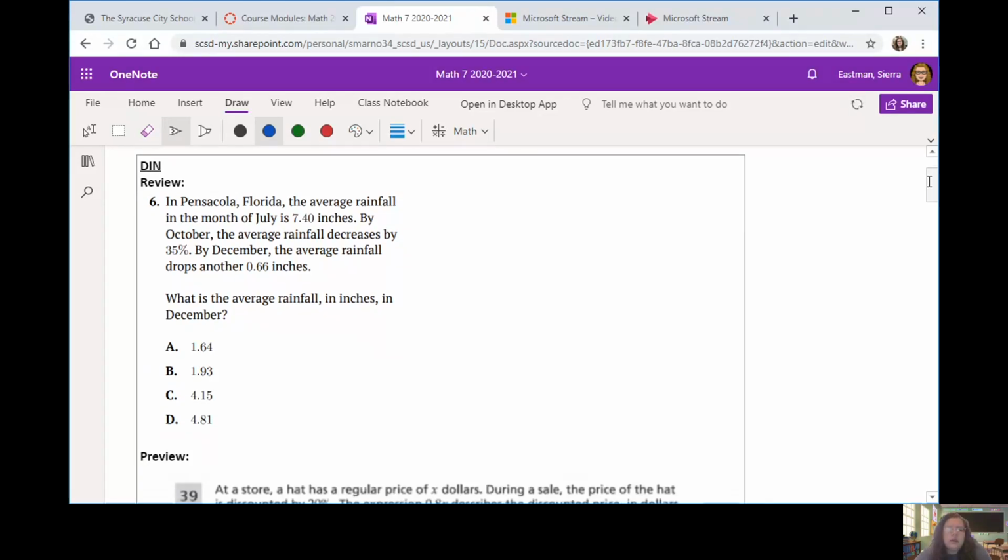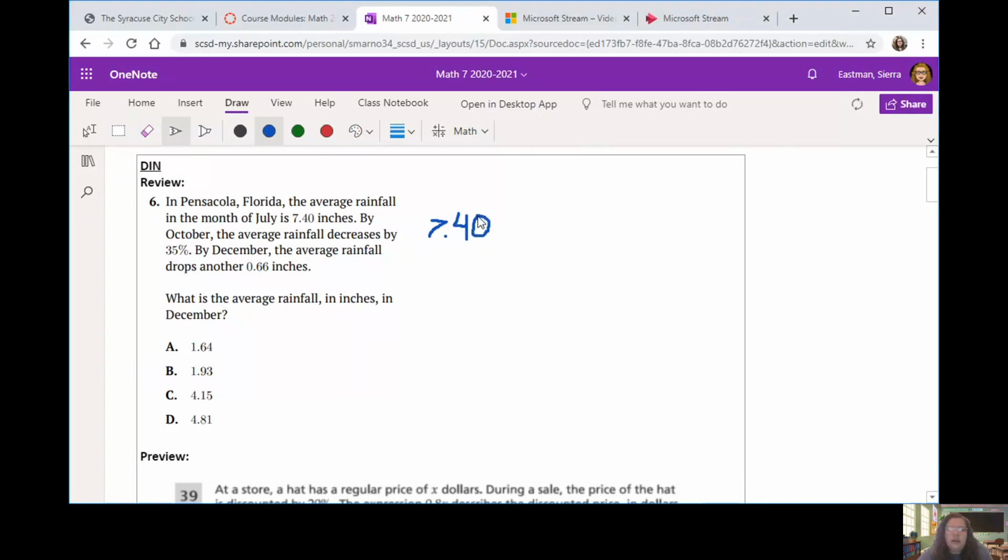It says in Pensacola, Florida, the average rainfall in the month of July is 7.40 inches. By October, the average rainfall decreases by 35%. And then by December, the average rainfall drops another 0.66 inches. So what is the average rainfall in inches in December? What we need to do here is start with our 7.40